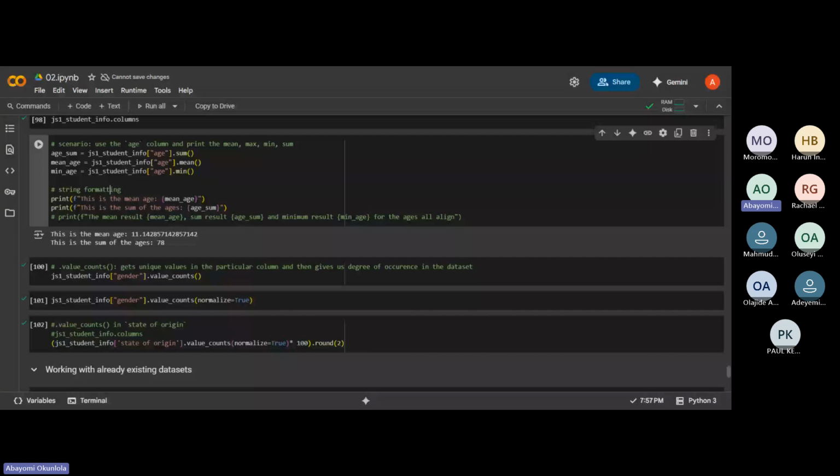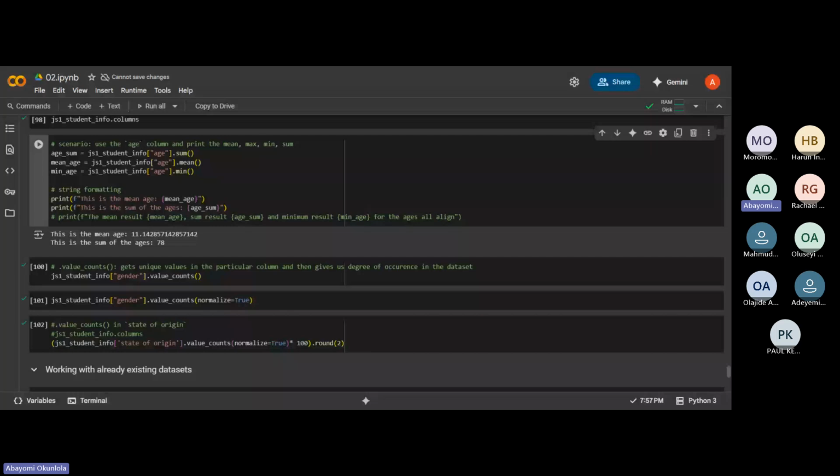Then you write this is the mean age, then you introduce your curly braces referencing the variable, close it, and it will be in your bracket here. This way it formats it, so what you have as the mean age will be represented here. You can see this is the mean age, 11.14.